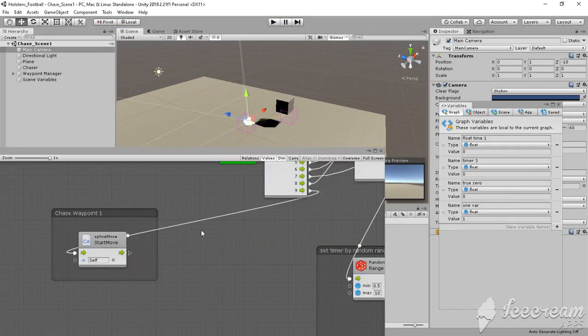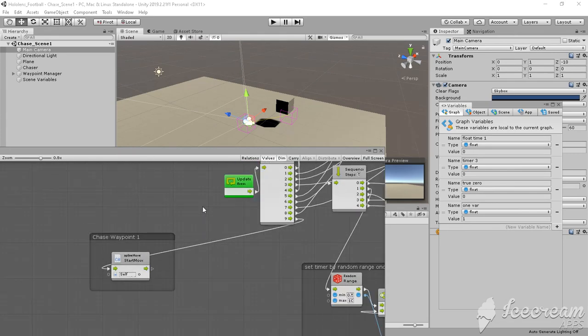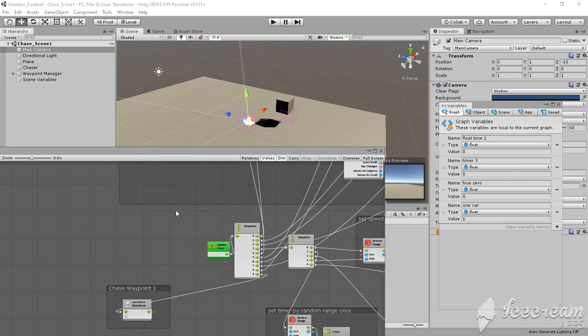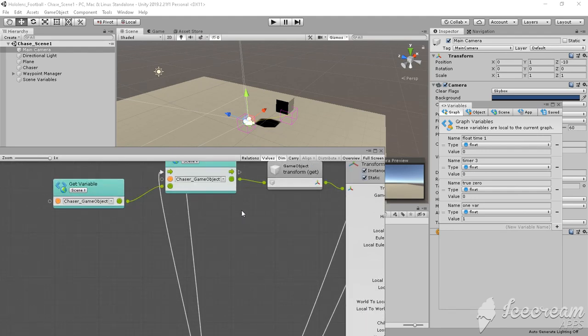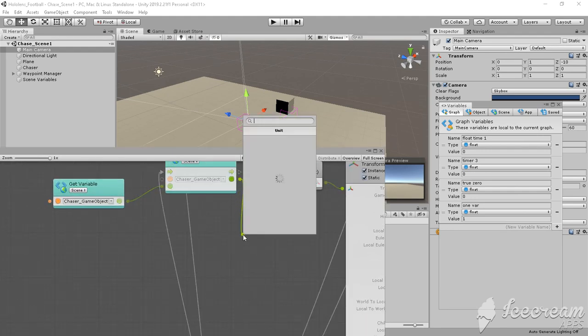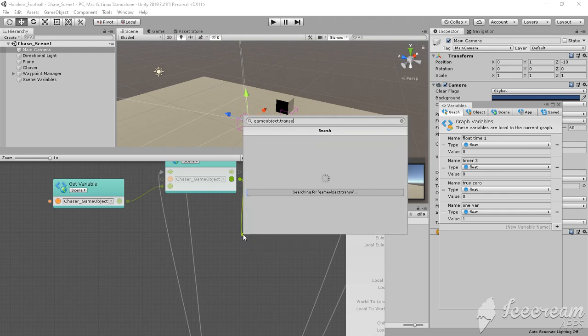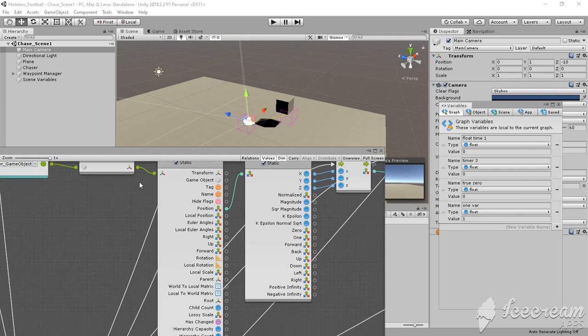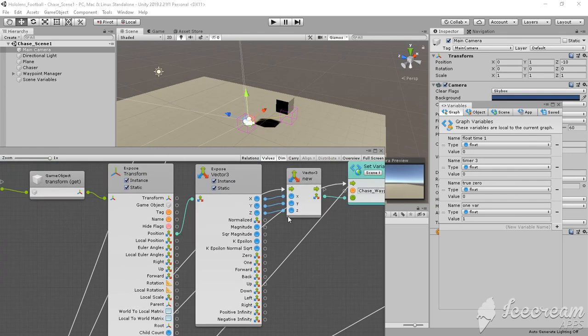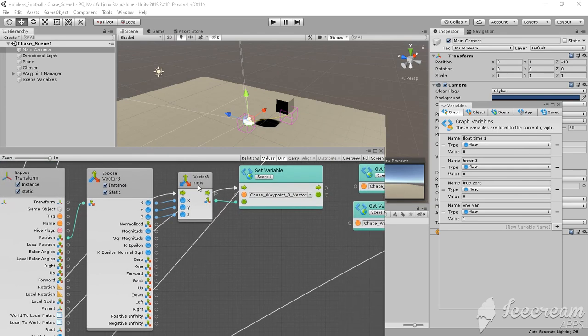Okay. So first, you need to start move to make sure it continuously catches up to you. And for Bolt, you want programmer naming because human naming could confuse, so you want the game object Transform. And then get it and expose it and get the position of it. Expose the vector 3, make a new vector,